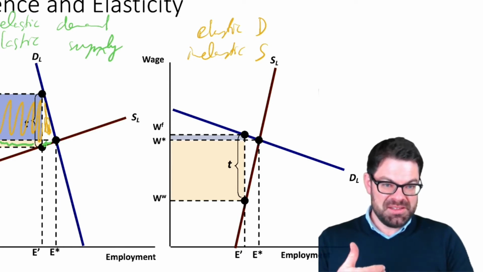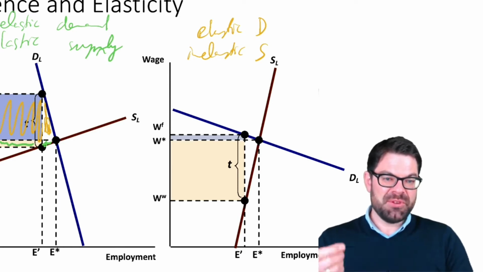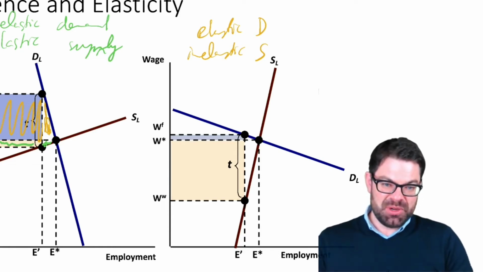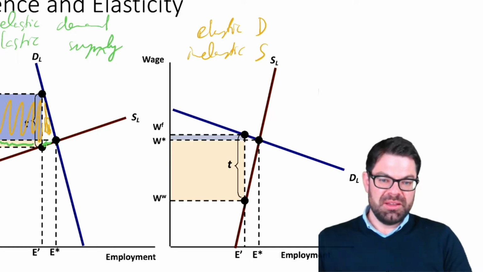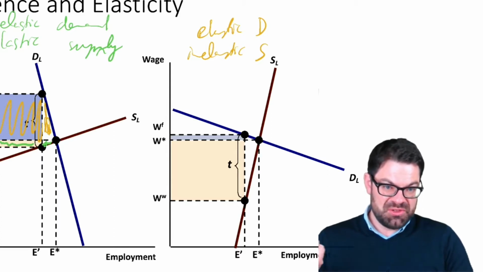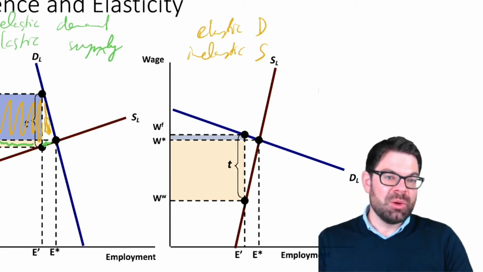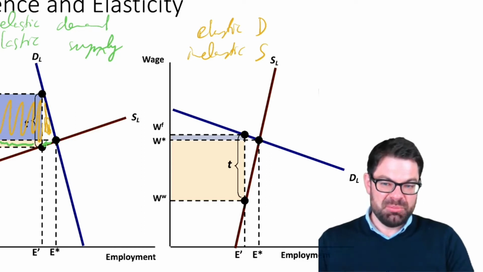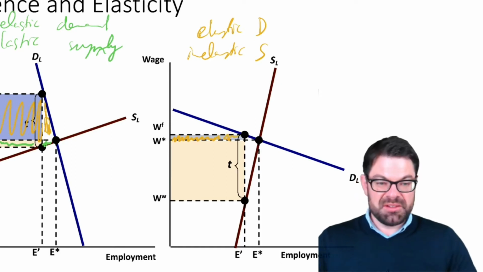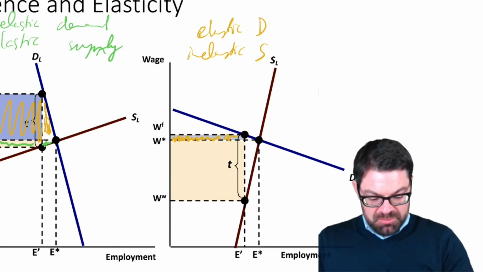So the firms will have it very easy to pass on the tax to the workers through lower wages, because workers have to swallow it as they do not have many other options. As you can see here, the economic cost for employers is very small, but it's very high for the employees